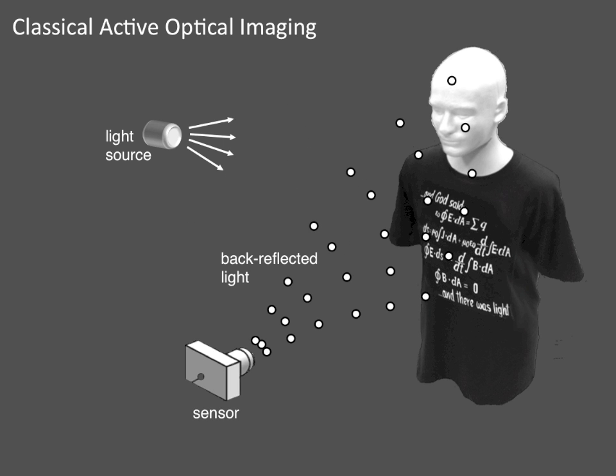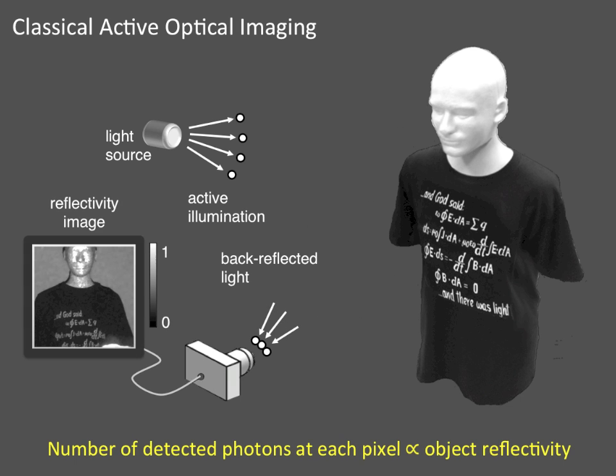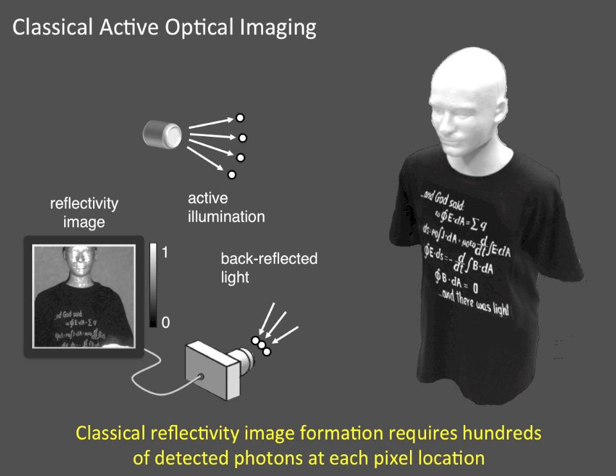is detected by a sensor. Reflectivity images are formed using variations in the number of detected photons at each sensor pixel within a fixed exposure time. Even with sensitive photodetectors, accurate image formation using this traditional method requires hundreds of detected photons at each image